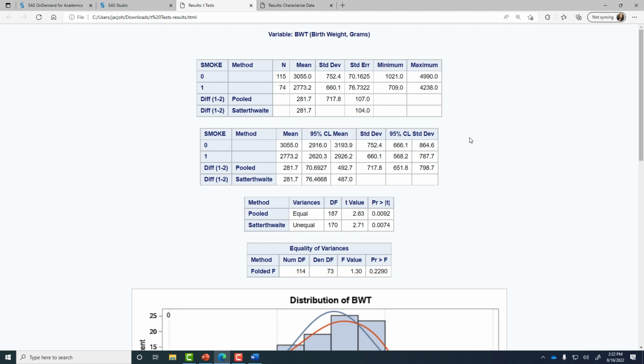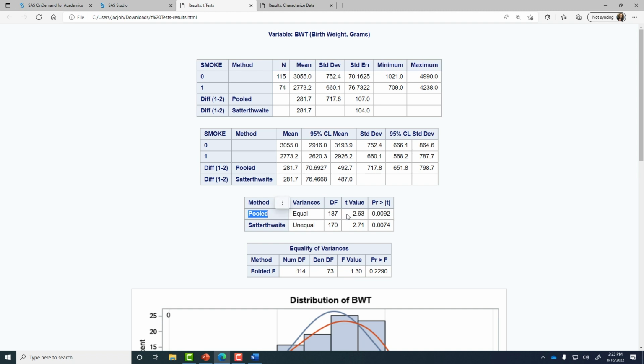One of the assumptions made in a t-test is that the variability of the outcome is the same in both groups. So we go to the bottom of this output, which is a test for equality of variances, and we see that this number, a p-value, is large. In particular, it's greater than 0.05. This means that we don't have any evidence that the variability of birth weight is different in the two groups. That means that we can look at the results for a test that assumes the same variance in birth weight in both groups.